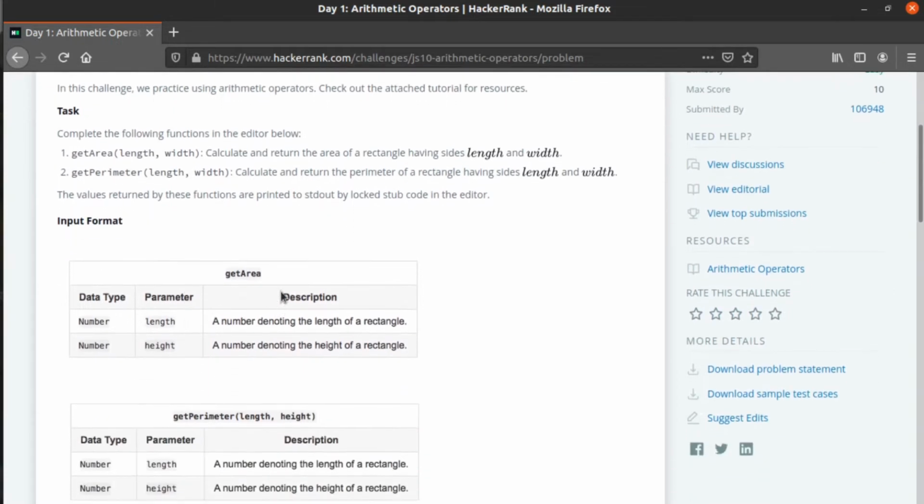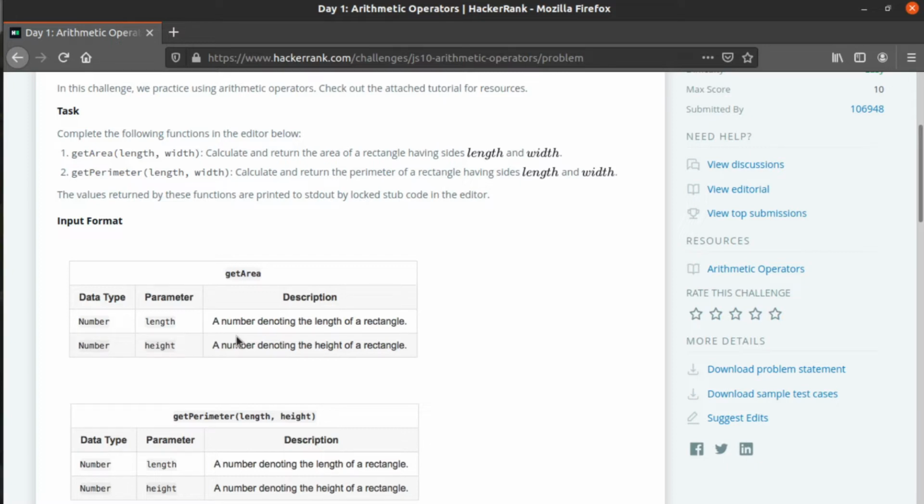And for each function, you can see this is getArea, they have defined it in the format of number type. One more good thing here is that the length is a number type and the height is a number type. Even if you don't want to mention the number type, you can directly write something like var or const, whatever it might be. That is the main good thing in JavaScript. So it is called a dynamic programming language, okay?